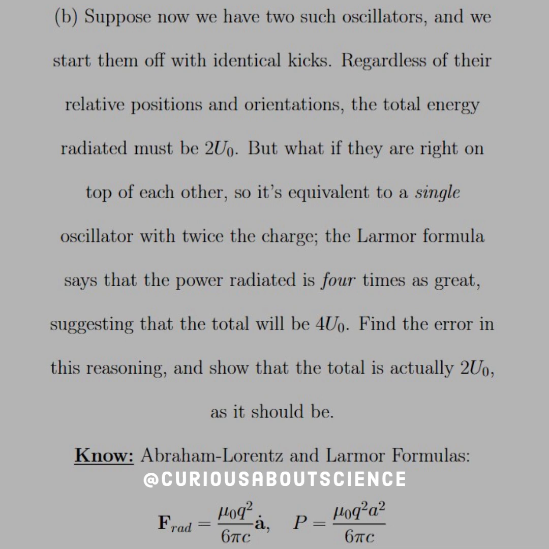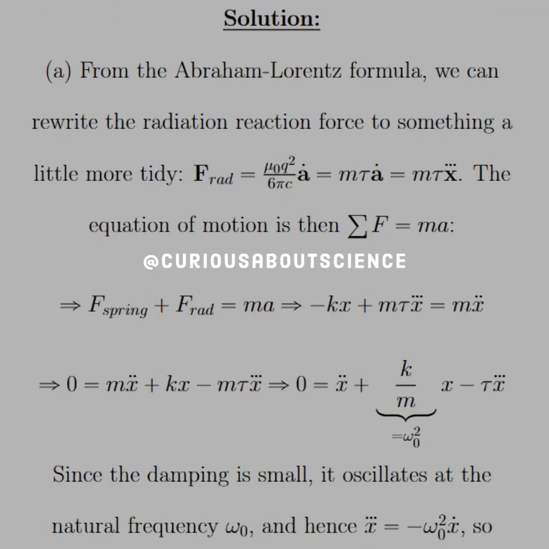So let's dive in. From the Abraham-Lorentz formula, we can rewrite the radiation reaction force to something a little more tidy, i.e. F rad is equal to mu0 q squared over 6 pi c times a dot. Well, here, if we add in the m, so we divide by m and multiply by m, and then we use the substitution tau, which we had